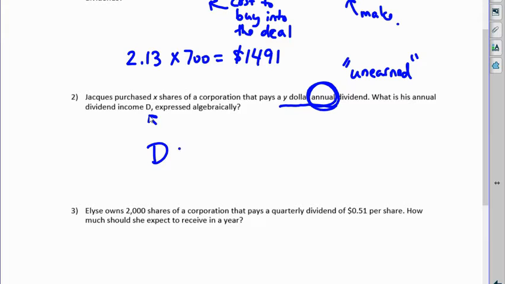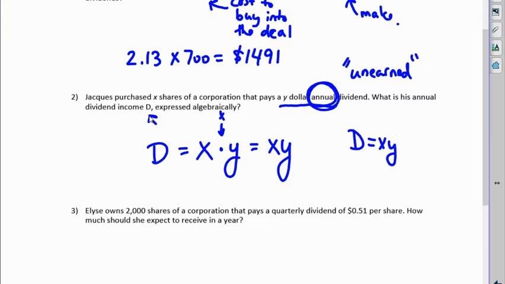So his dividend income will be X times Y shares. Now, you'll notice I didn't put a times symbol with the X, although sometimes I'm in the habit of doing it, but that would have been a little bit confusing having two X's next to each other. So we tend to use no symbol at all when we're writing multiplication with variables. So my final equation,